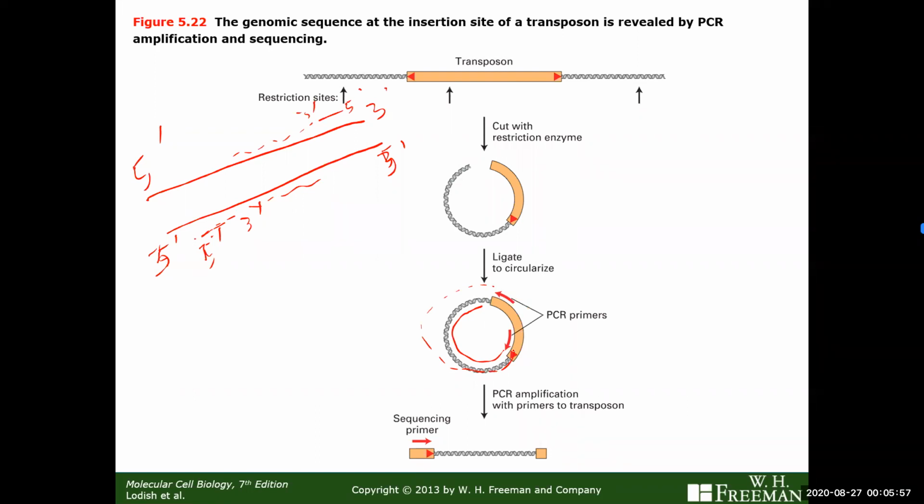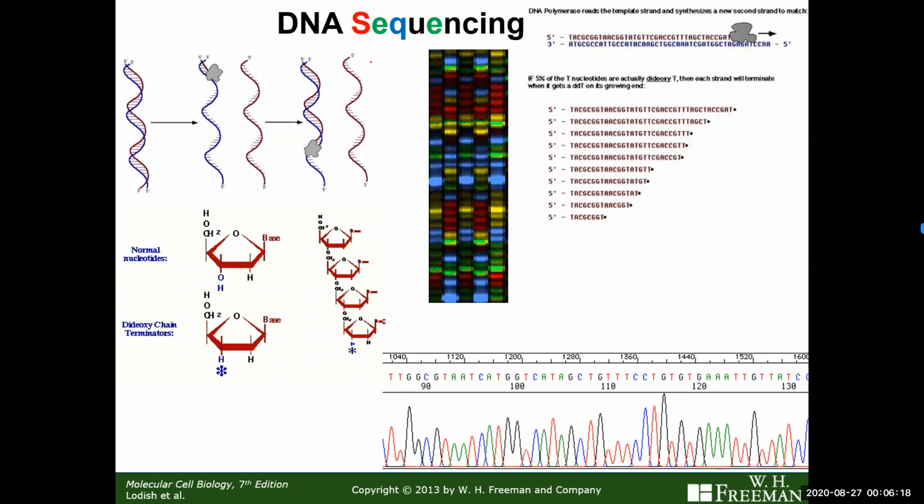So if you knew the sequence of only this part, you will be able to know the sequence of this unknown part by this method. These are all different methods by which genomic DNA was sequenced in the olden days. Now those are all irrelevant methods, but you should know how science progressed over time. Now let me come to